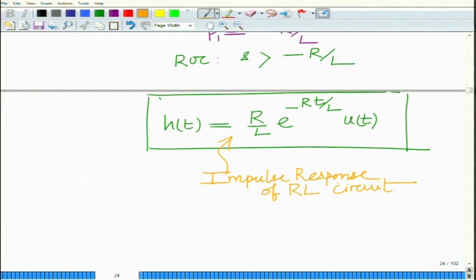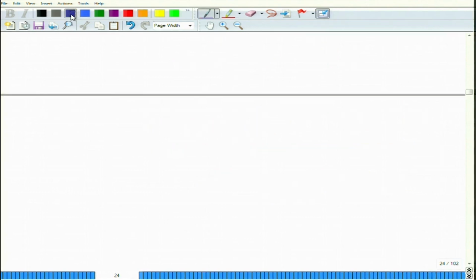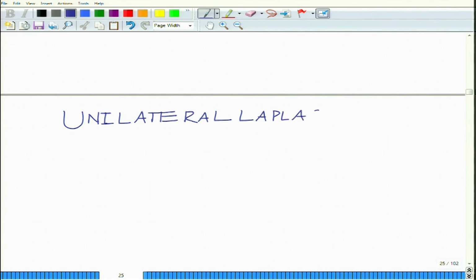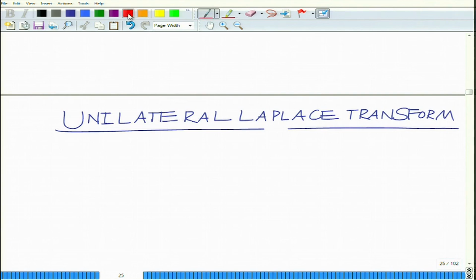Okay, all right. Now, let us proceed on to a different topic, which is something that we are going to discuss briefly and something we did not discuss before, that is the concept of the unilateral Laplace transform. Remember, what we have looked at so far is the concept of a bilateral Laplace transform. The unilateral Laplace transform or one-sided Laplace transform